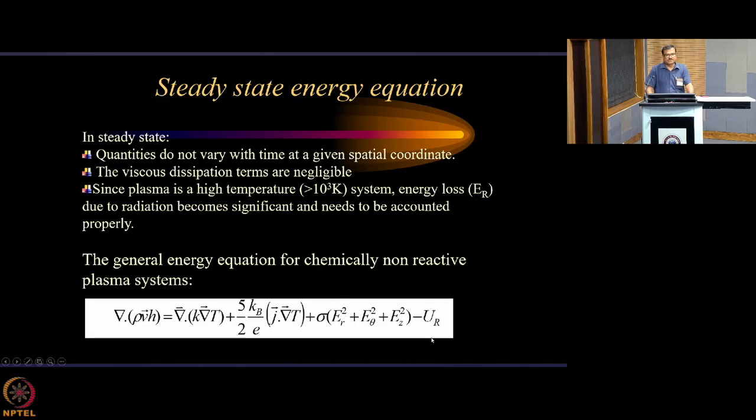So the general equation looks like this, and now we have all the conservation equations: the mass conservation equation, the current continuity equation, the momentum conservation equation, and now we do have the energy conservation equation as well. Okay, so what can we do now? We can solve this set of equations. But how to do that? Doing that in an analytical manner is very difficult, and only in some very special cases is it possible. Otherwise, you need to handle this using numerical techniques.